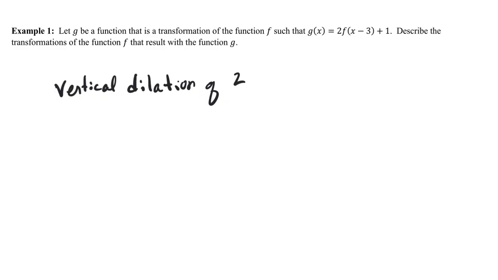So last year, all we did was say, oh, it stretched or it compressed, all right? But this year, we're going to call it a vertical dilation, and then we're going to name whatever it is. So the next thing I get to is inside the parentheses, and last year, we would say it moved right 3, and that is great. Yes, it definitely moves right 3, but on the AP exam, in the multiple choice section, it's not going to say moves right 3. It's going to call it a horizontal translation